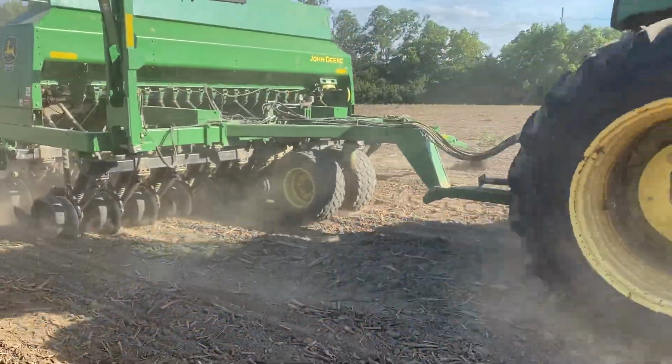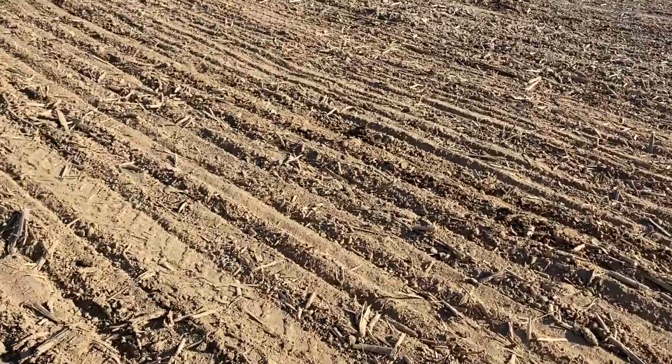And because we're doing this cocktail of cover crops, all the seeds different sizes, you never quite know what setting you need to put it on. So what we normally do, and I've done it multiple times in the past, is you get as close as you can, then you take off one of the feed tubes, you stick up a cup or a small bucket, run it 200 feet out, and we actually built a calculator which you just plug all the numbers into,